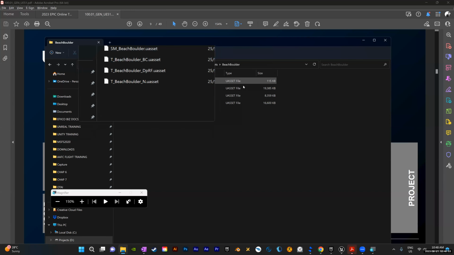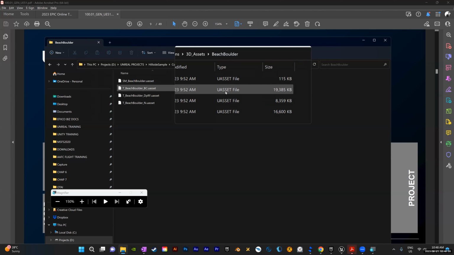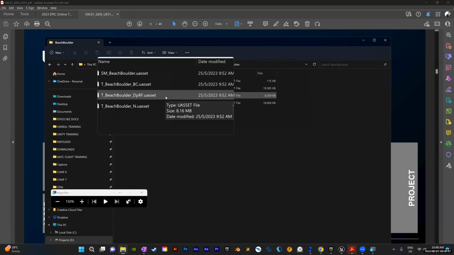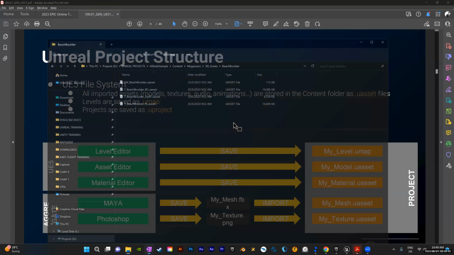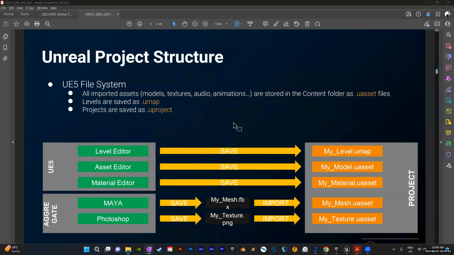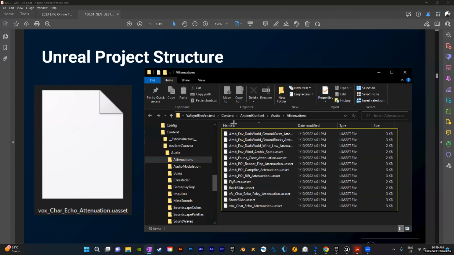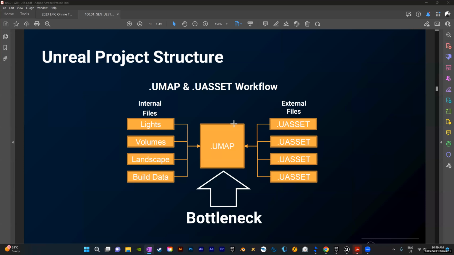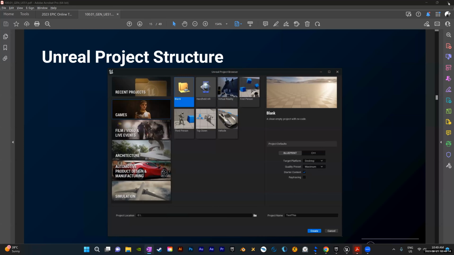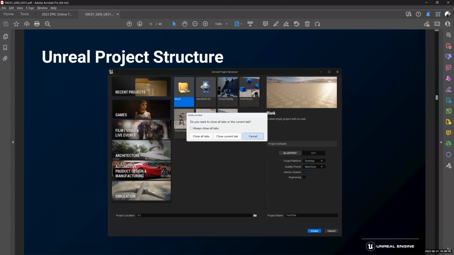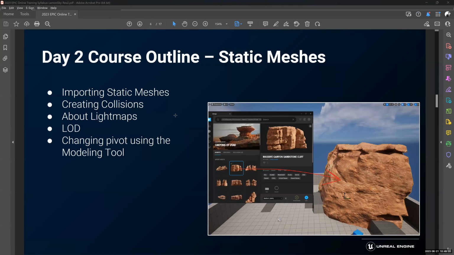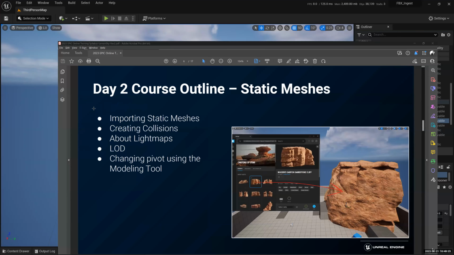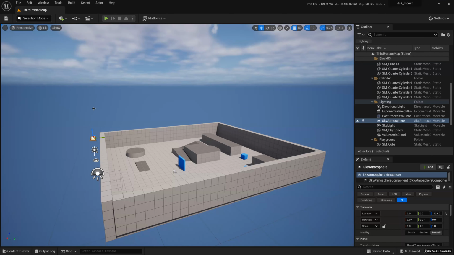But you can actually export to another DCC to play around with it. That's how it works. So it's all about optimization. That's the thing I want you guys to know moving forward, and how things work in Unreal Engine. We have done that. Okay, cool. I'm just going to close this one. All right, so let's look at how we can start importing meshes into Unreal Engine.